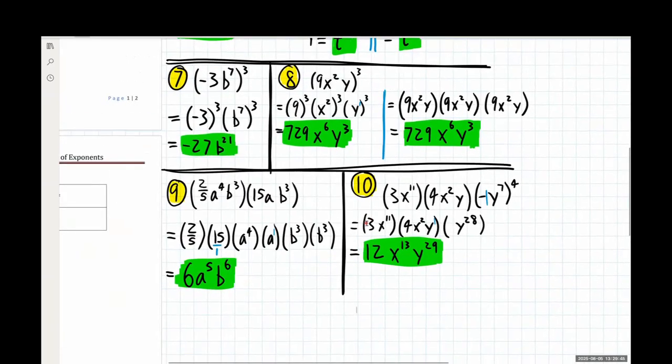But these are our last 3 examples of going through and using these exponent properties with different types of problems. I'll go ahead and pause here. If you guys have any questions regarding these 3 examples, go ahead and put those into the chat, or give me a thumbs up, or I'm ready to go. We're ready to move on to the 6.3 material. I'll give you guys a minute or so to type anything in if you have any questions.